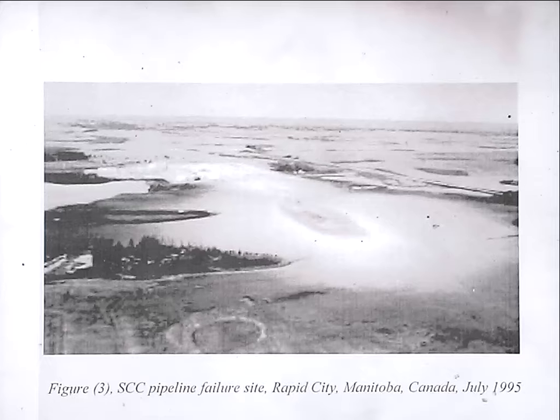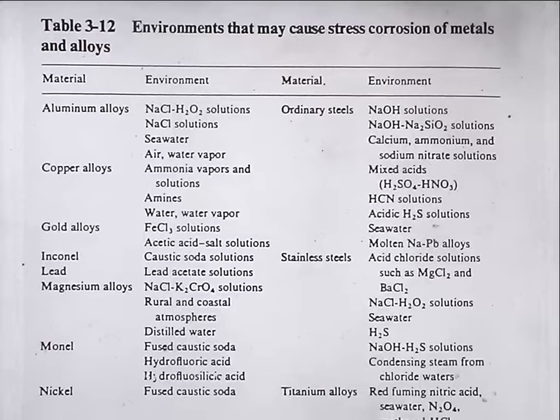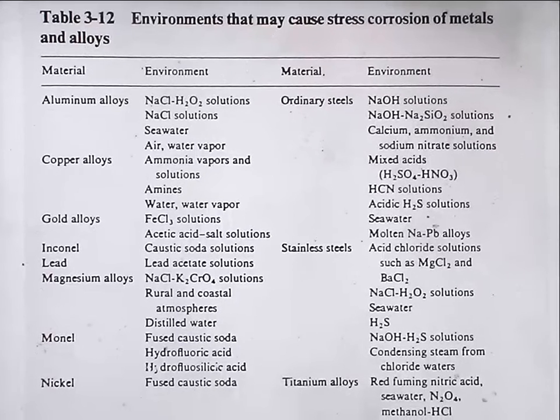Don't need any of the details of this, I just wanted to show it to you. This is a fairly elderly table, but what it does is it lists the environments in which you can get stress corrosion cracking. And the only reason why I put it up is to say we tend not to have either heard of stress corrosion cracking, or we tend to think it's not very common. But in fact, it appears in all sorts of industries. And if you look at this list and you go to ordinary steels, you'll find that actually the bicarbonate solution or hydrogen carbonate solution in groundwaters that causes cracking of pipeline steels isn't even listed there. So there are a lot of things that aren't even on this table, and the table's already got quite a lot.